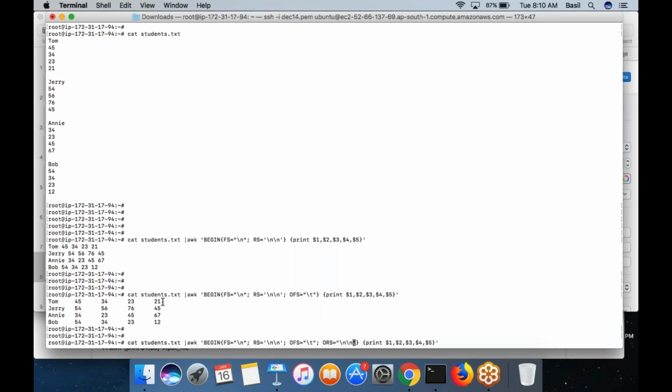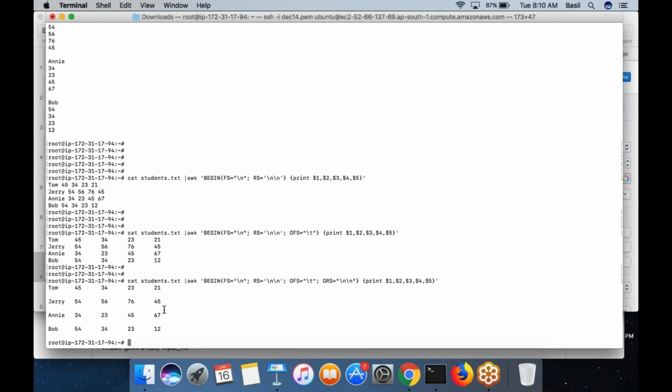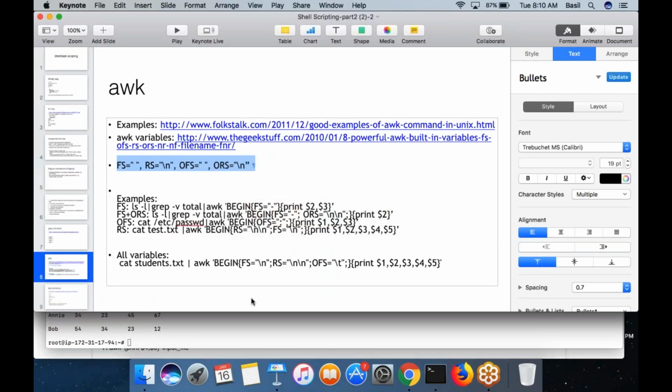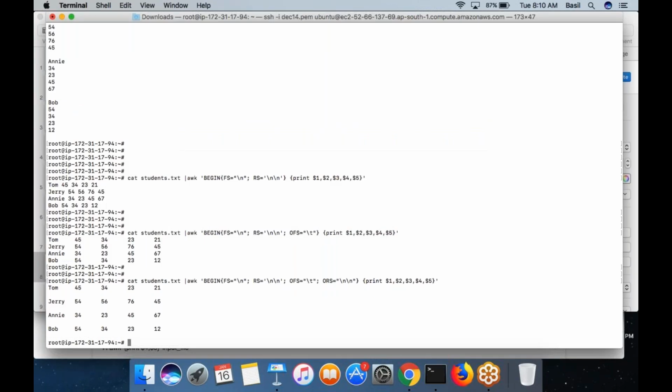In that case, between each record in the output it would put two lines. So that's pretty much it, you got it.